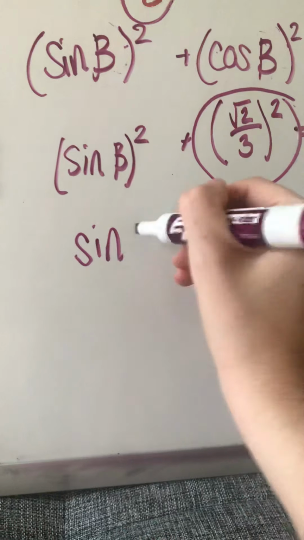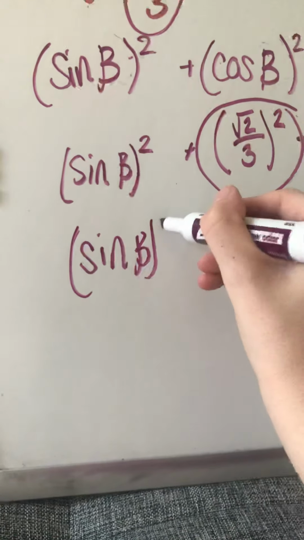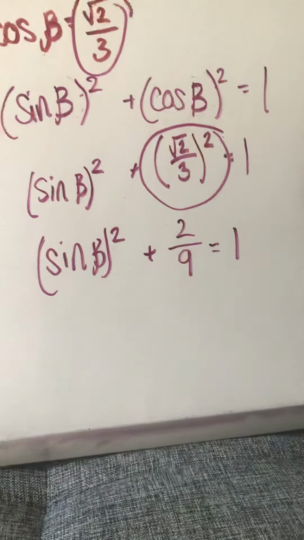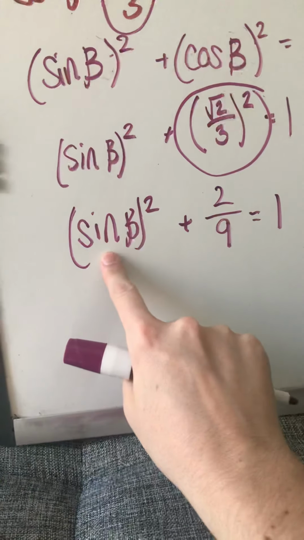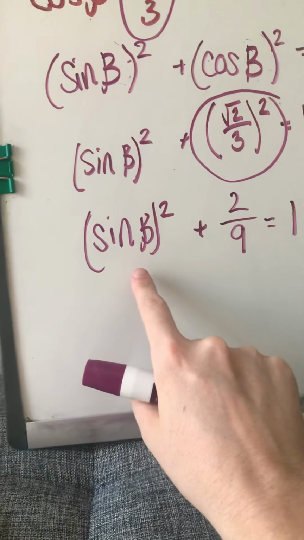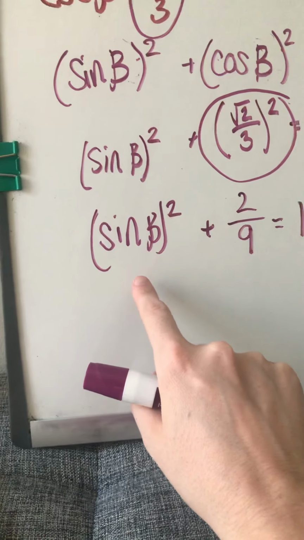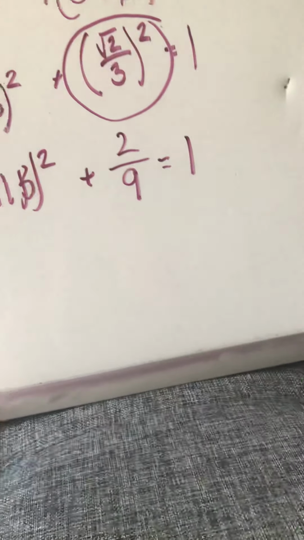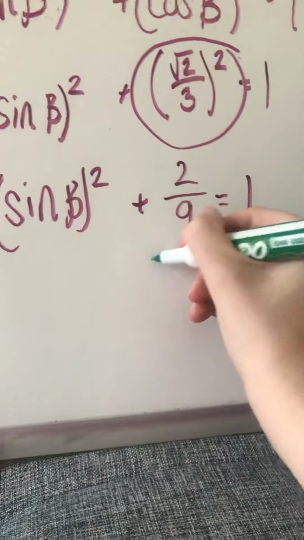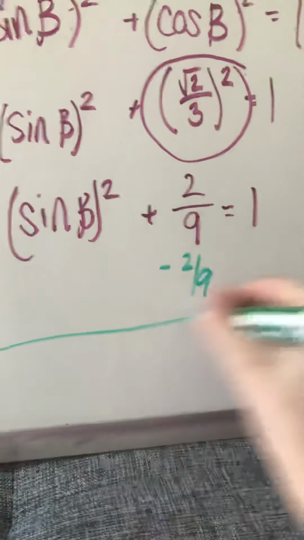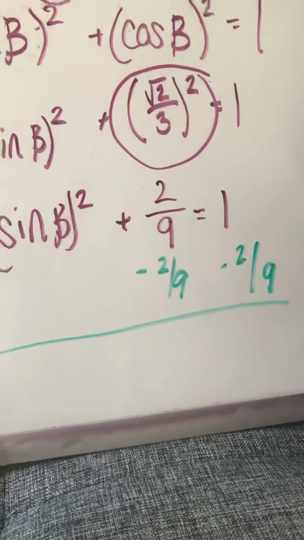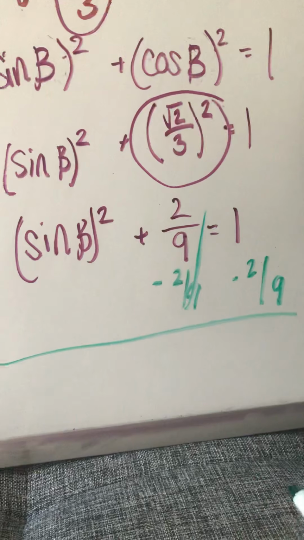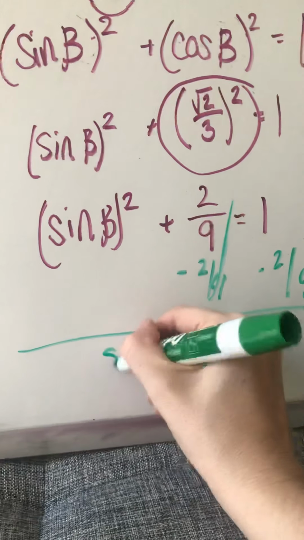And I still have sine beta squared there. Now remember, this is just like if I said to you in Algebra 1, hey, solve for x. So what I need to do is move everything else away from here. So my first step in this problem, well, I guess the second step, is going to be to subtract 2 over 9 from both sides of my equation here. What I do to one side, I must do to the other. And then those are going to cancel out, leaving you with sine